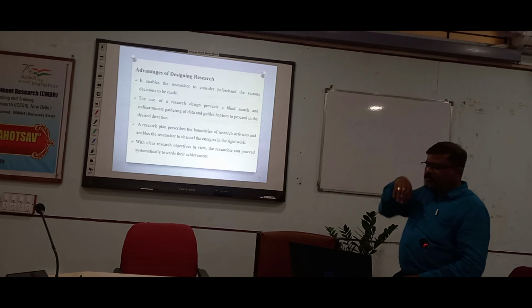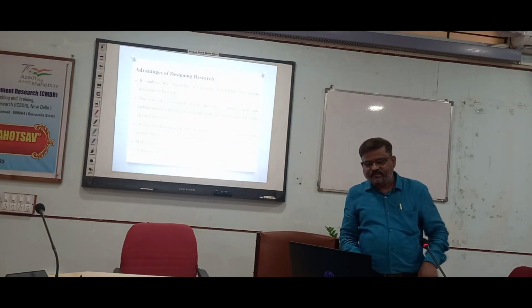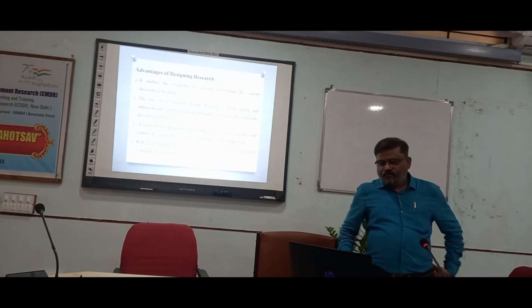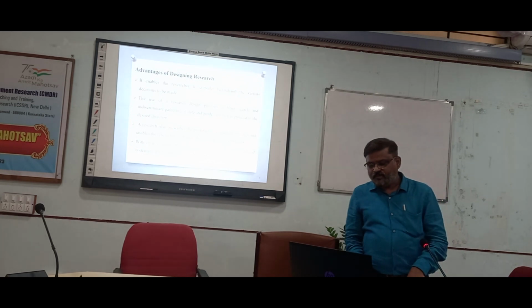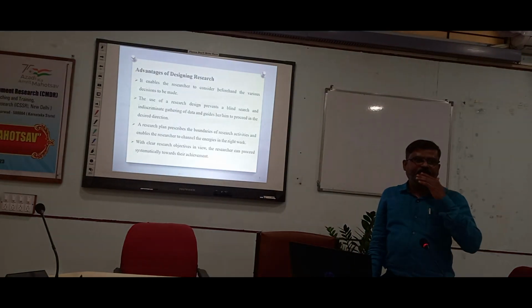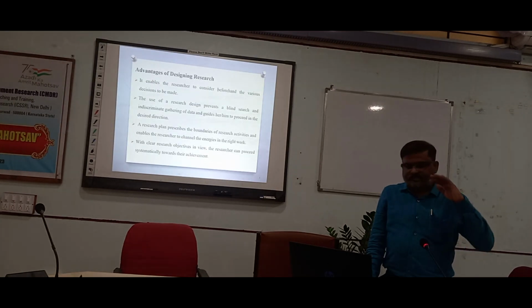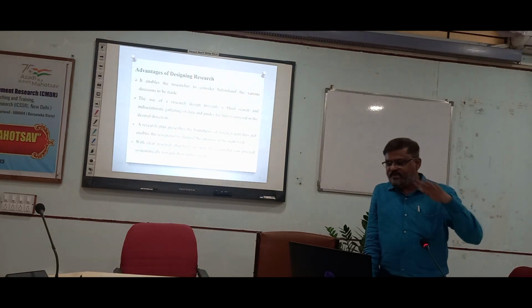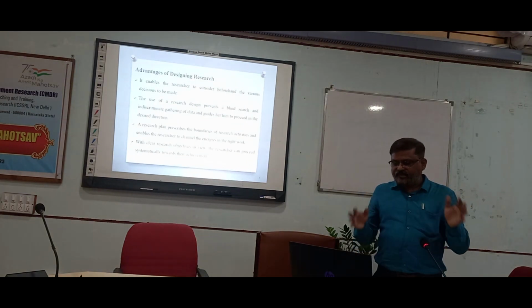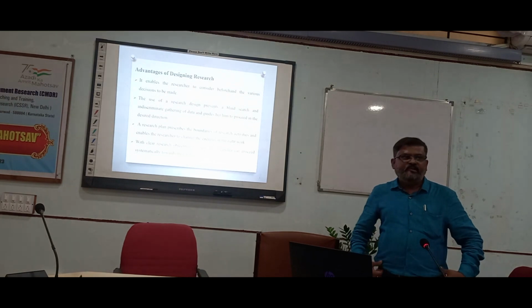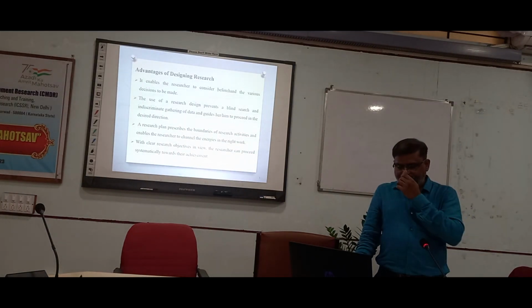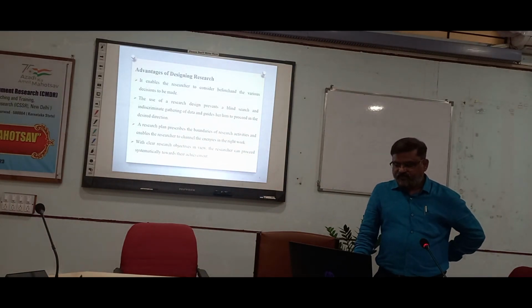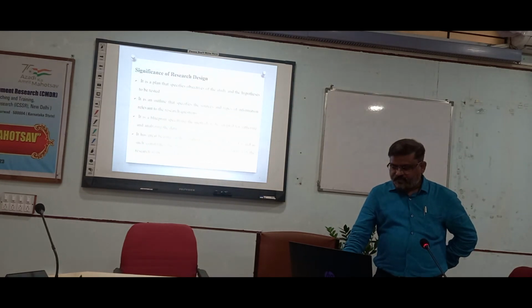There are certain advantages of designing the research also. Before we move on to the field, before we go into the collection of data or preparing answers to the questions, there is a set of design, a set of plan we need to make. That has some boundaries, from one activity to another activity in the journey of research.